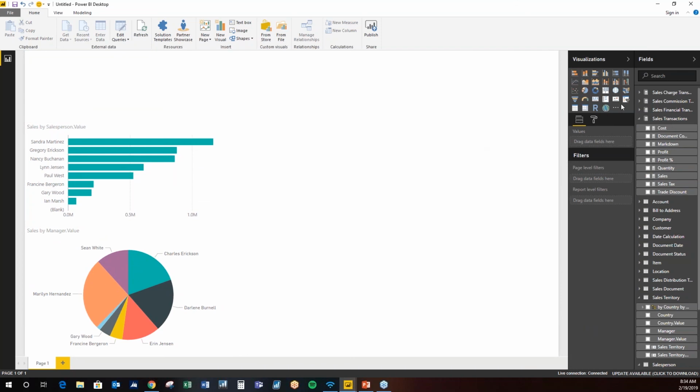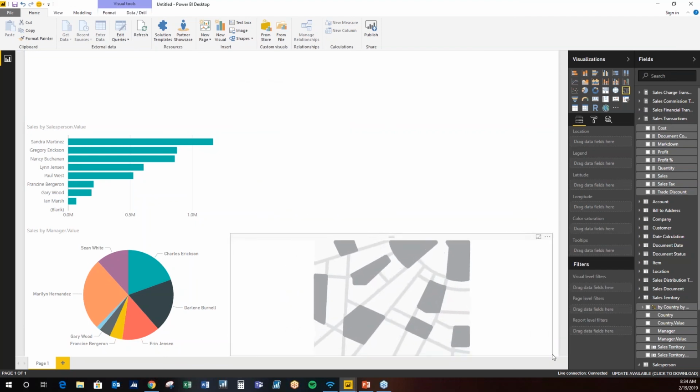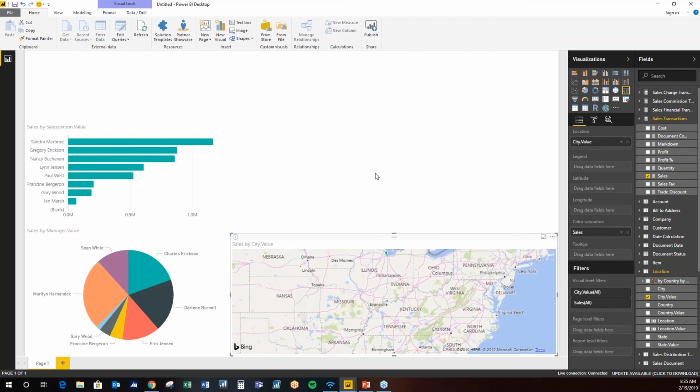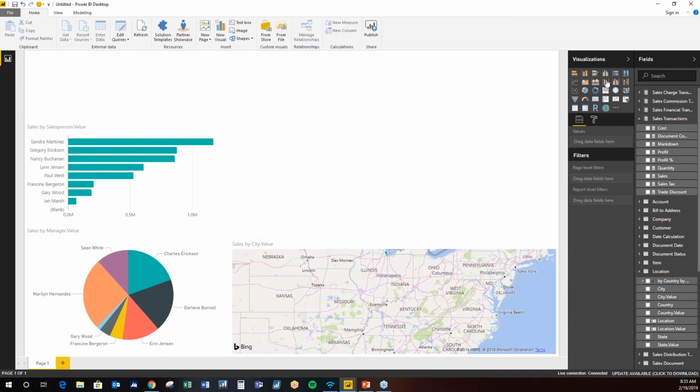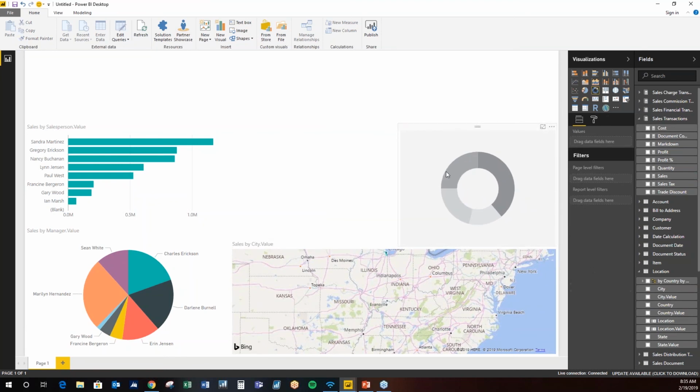And one of the great visualizations that I see all the time, and it's typically associated with something not quite as relevant to business, like crime rates or something, is this map. So this heat map. So if I want to see sales by, let's see, let's do city. So it'll zoom into the map there. I mean, you can do all kinds of stuff. So you can pull a donut chart into here, but as you can see, I'm not being asked to say,